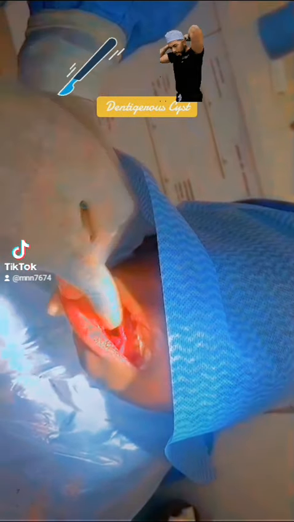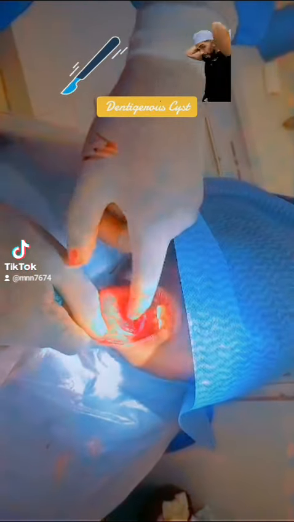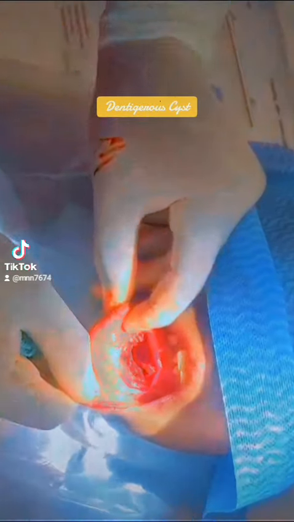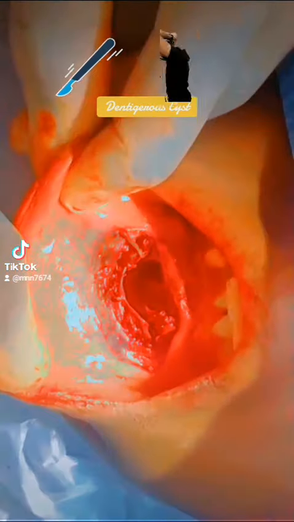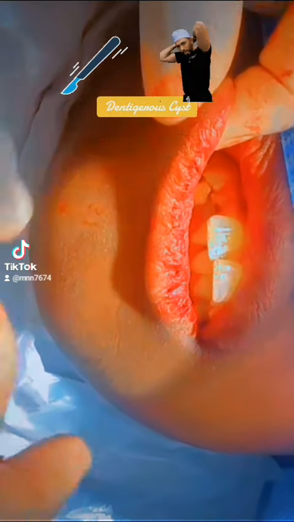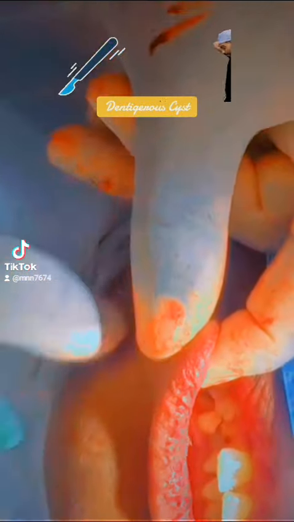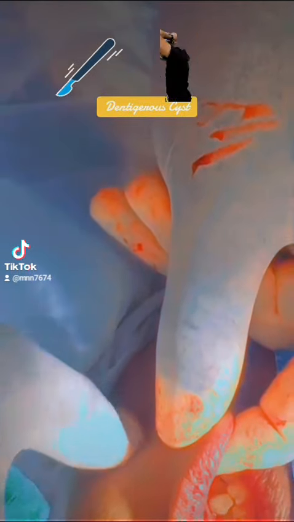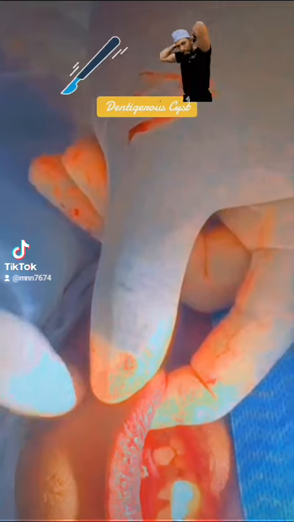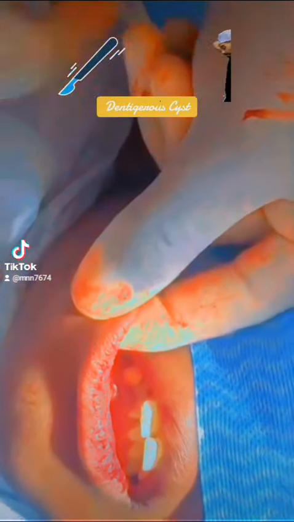The membrane of the cyst is gone. All of it. If you look deep inside, you'll be able to see where the tooth was. So in here, this is the mandible. The mandible is strongest here. It's called mentum mandibulae, the mental part of the mandible, the body, and then the ramus.